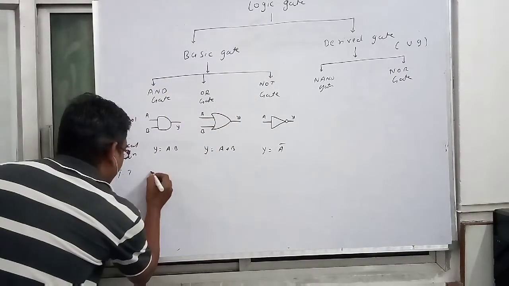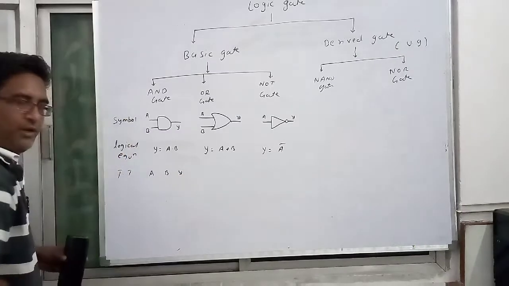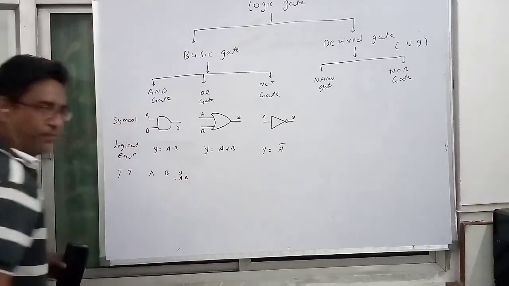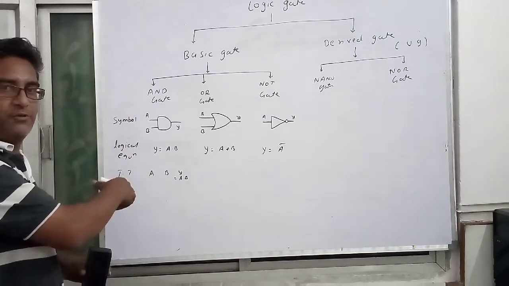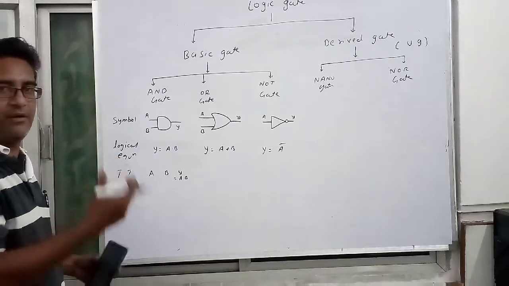Here in this AND gate, you have two inputs, that is A and B, and Y as an output. If it is an AND gate, then you will be getting Y is equal to A dot B, which means it is a multiplication. This AND gate is used for the multiplication. That's why we are able to find the equation that Y is equal to A dot B.